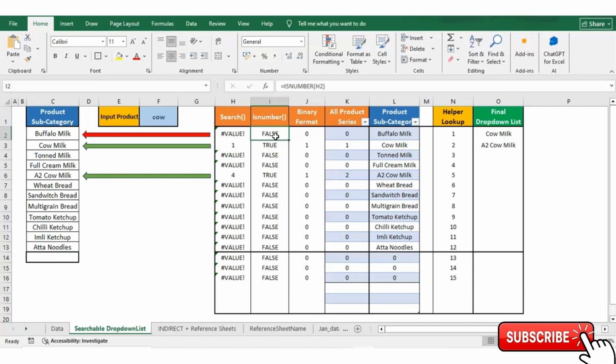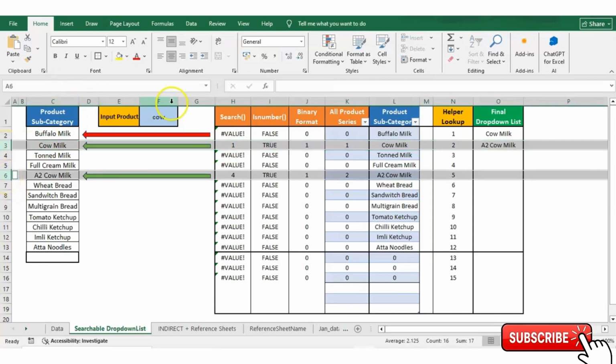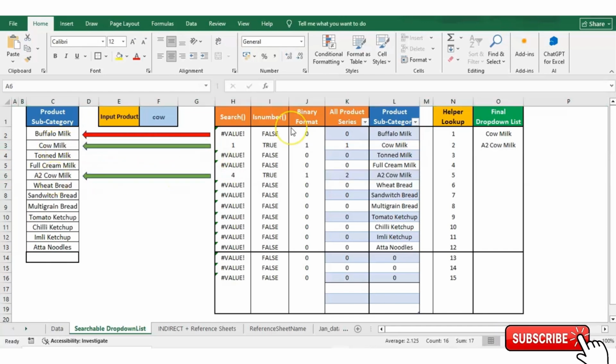It checks the value present in the cell passed as an argument, and if that cell has numeric values, it will return true as an output, and if that cell has any other value except for numbers, then it would return the output as false. So here, except for row number 3 and row number 6, all the values present in the search column when passed through the is number function will return the value as false. The cells that have number values, which is row number 3 and row number 6, is number would be returning